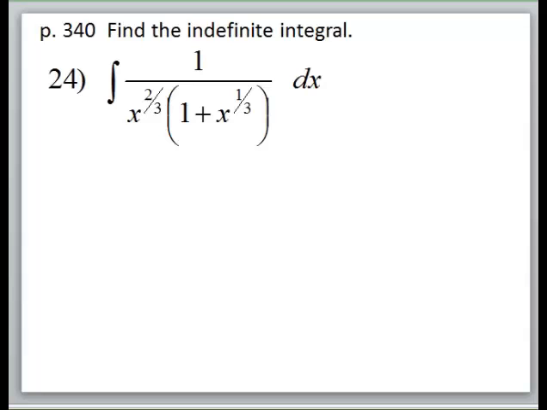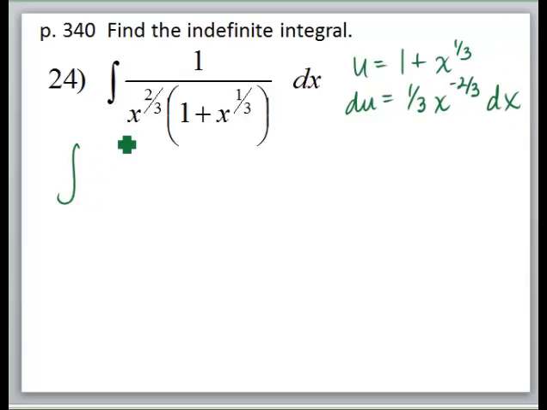The next example, we're going to have to do some sort of u substitution, so I'm going to go ahead and just try this parentheses here and see what comes to be. So I've got 1 plus x to the 1/3, so du equals 1/3 x to the negative 2/3 dx. So my integral is going to actually be